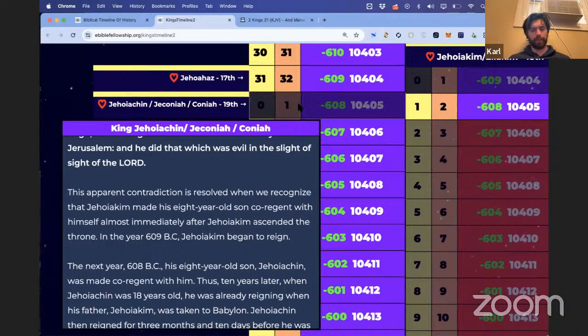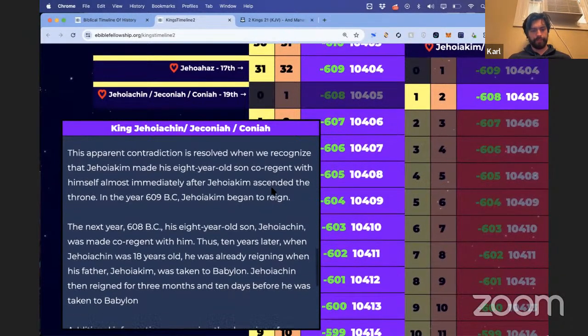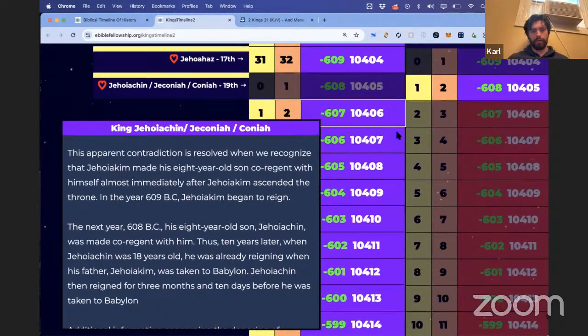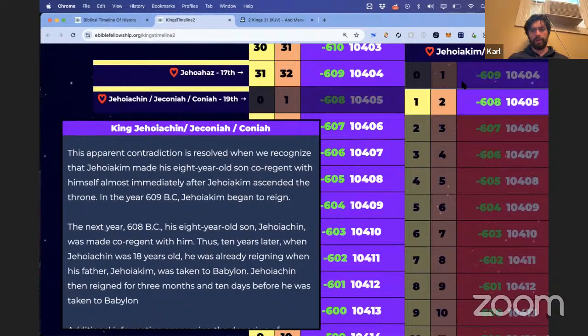Co-regent this up almost immediately after Jehoiakim ascended the throne in 609 BC. So that's why you see them co-reigning next to each other. In the next year, 608 BC, his 8-year-old son Jehoiachin was made co-regent with him. Thus, 10 years later, so if we go to 608, which is right here,